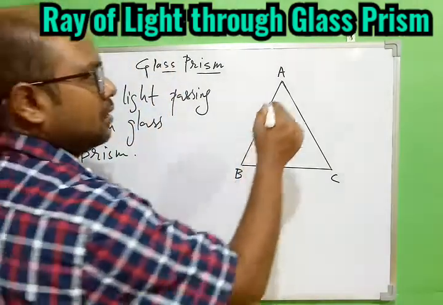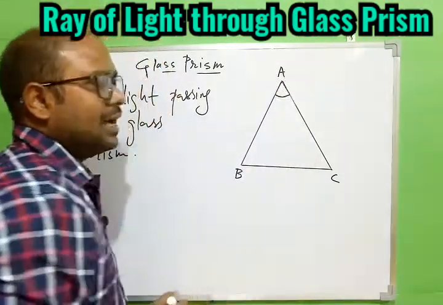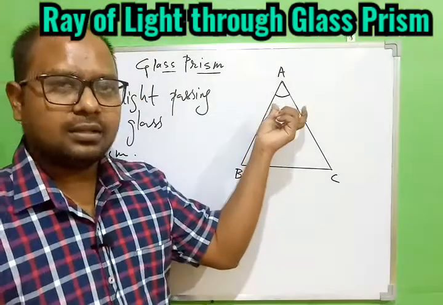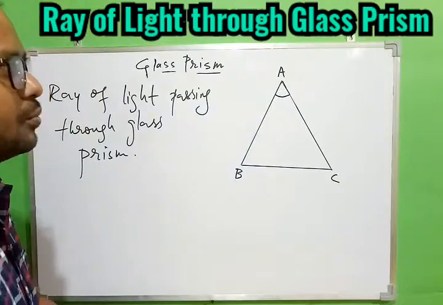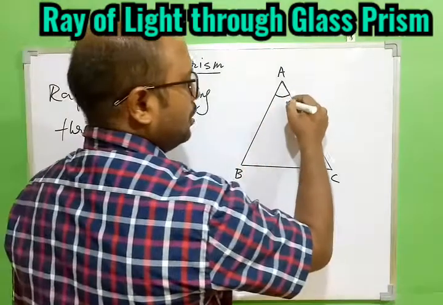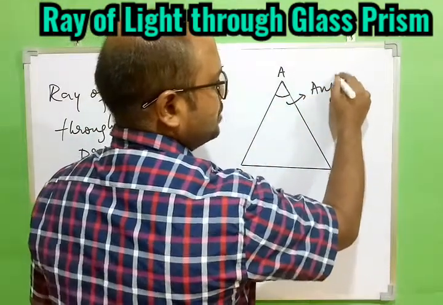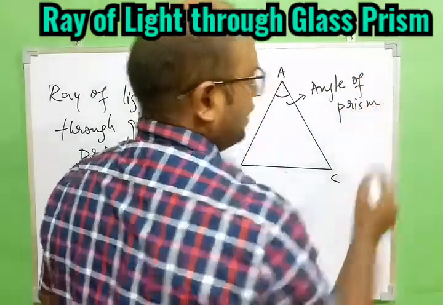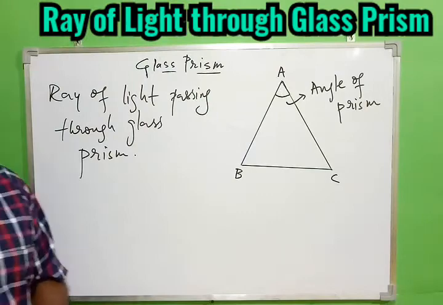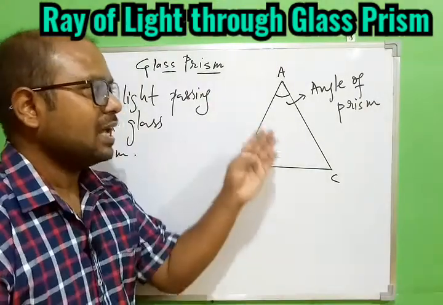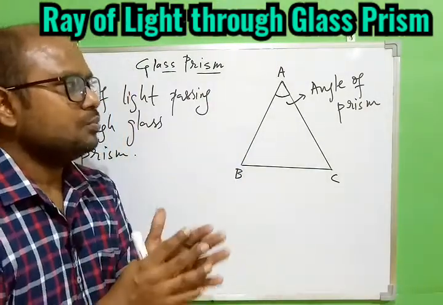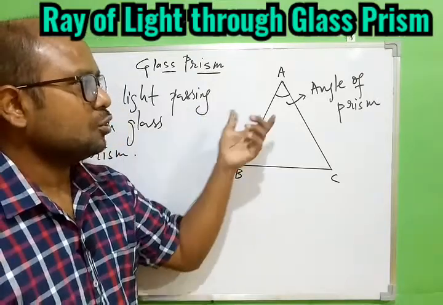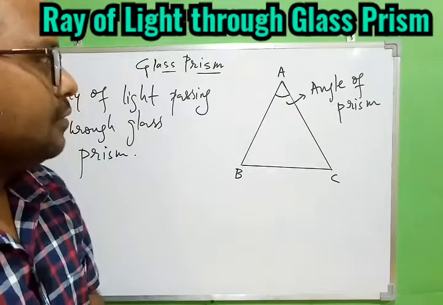So very first thing is, any prism will have an angle. So the triangular face that we have, it will have some angle, and this angle is called the angle of prism. So here this is called angle of prism. That is the first thing you should know. And the refraction by the glass prism is also dependent on this angle of prism, but this we discuss in class 12th, not in 10th. In 10th only you should know this is also called angle of prism. Okay, so this is one thing.